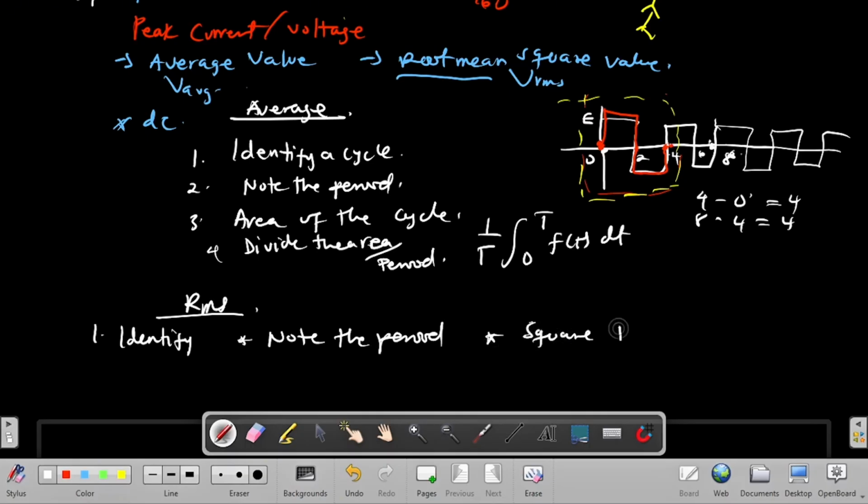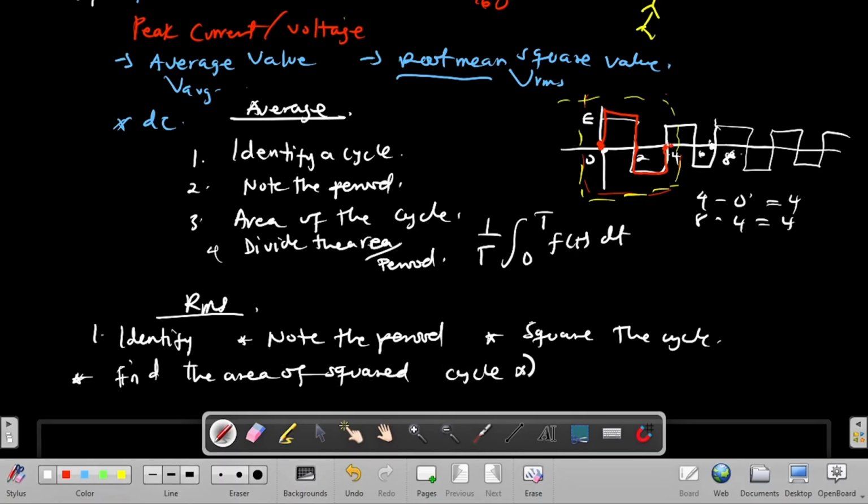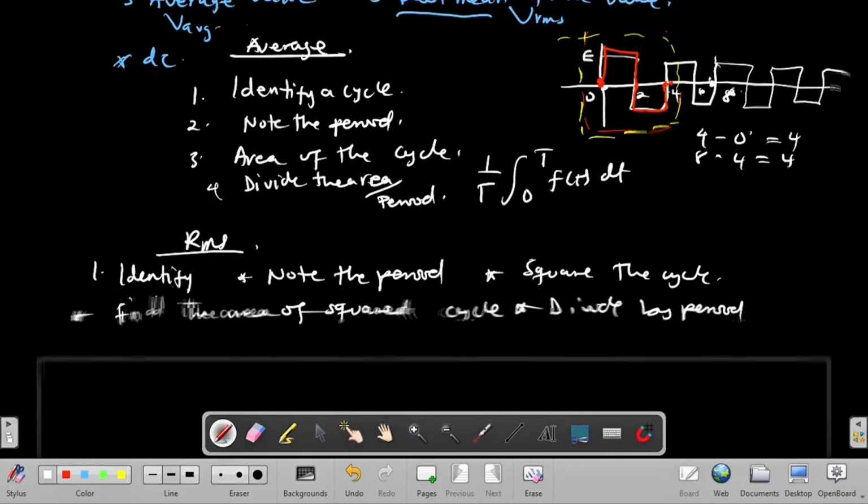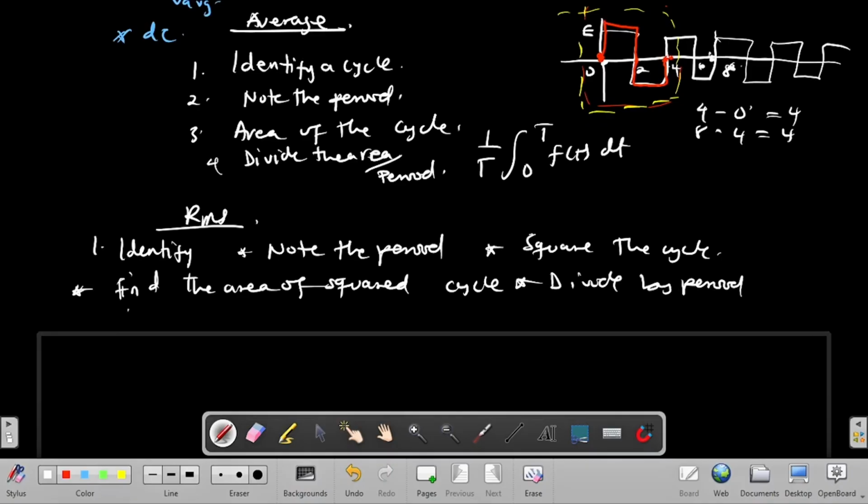So we square the cycle, and after we find the area of the squared cycle, then we divide by the period, then take square roots